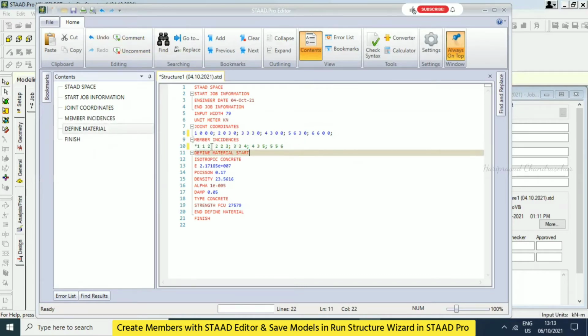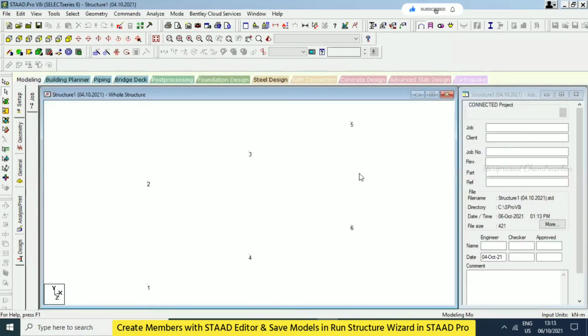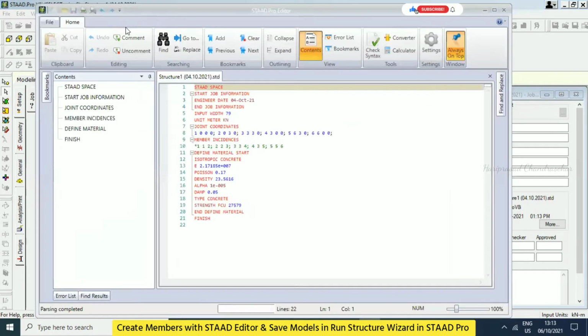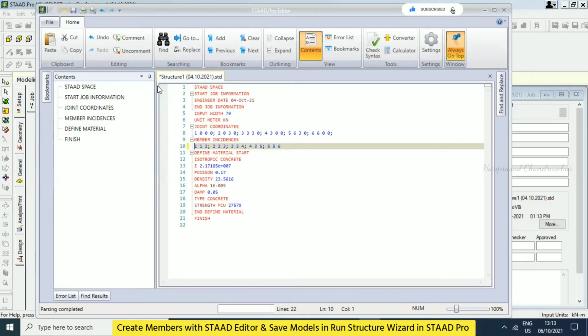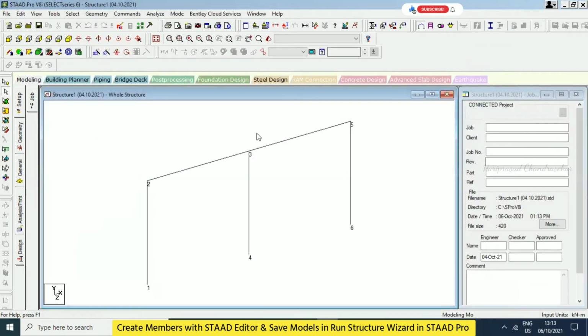And also we are getting a star. What does it mean? I'm just saving it and closing it. Can you see it is invisible? Like that in Start Editor, you can make something invisible, and after you do some analysis, if you want, you can make it comment again. This is also good. If you put comment, it is invisible. When you put uncomment, it is visible. So for this kind of thing, we can make use of Start Editor.